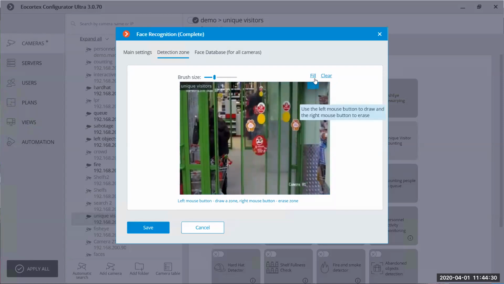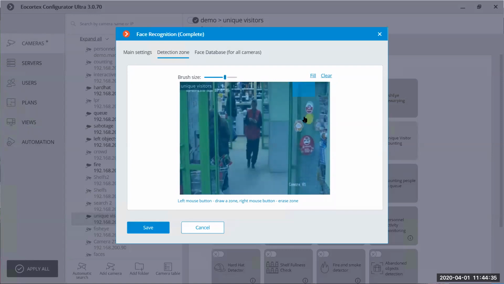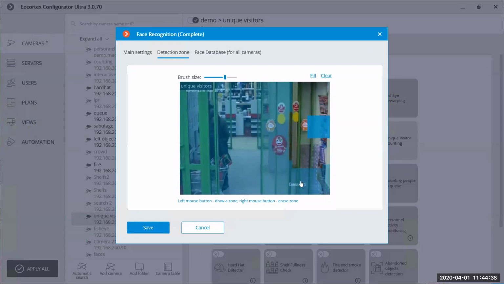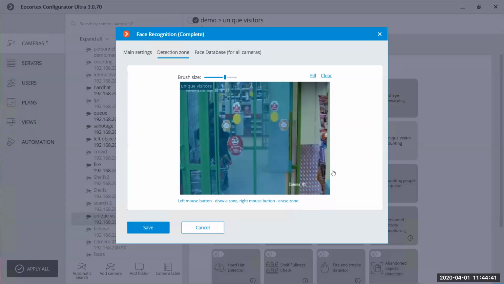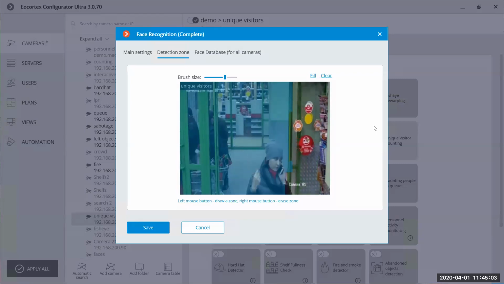Also, we can exclude specific areas that are creating false alarms, for example, if there is a TV with faces and so on, because this module is universal for cameras, as are most of our modules. It's not limited to only 3D cameras and so on. That's why it can in some cases detect faces from photos. It's not always, but still there are some cases.